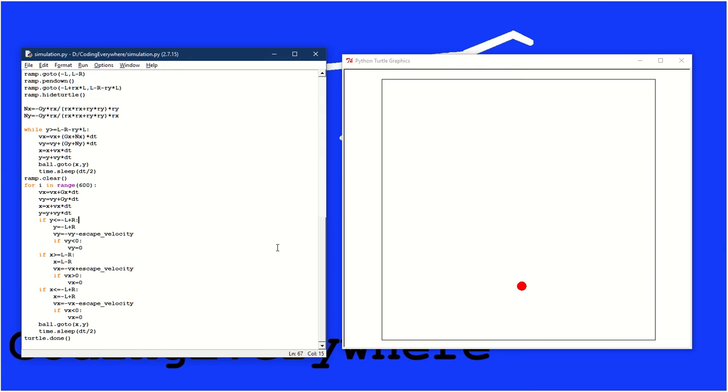This code will be very similar to the bouncing from the floor, and I will copy that code and adjust it for the ceiling. I'll paste it here. So we have if y is larger or equal than the y of the ceiling less the radius of the ball, then y will be equal to L